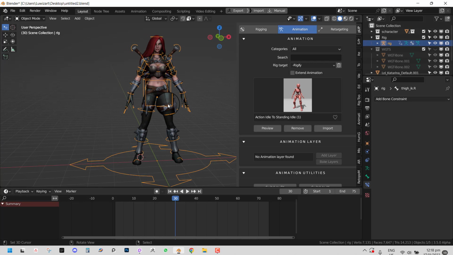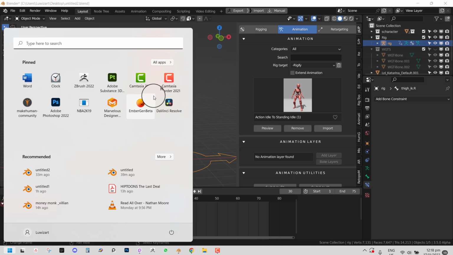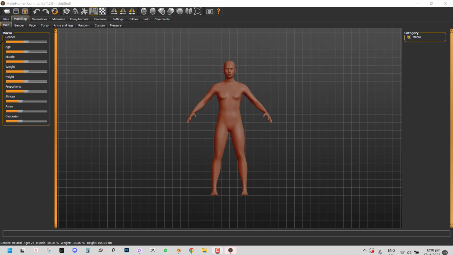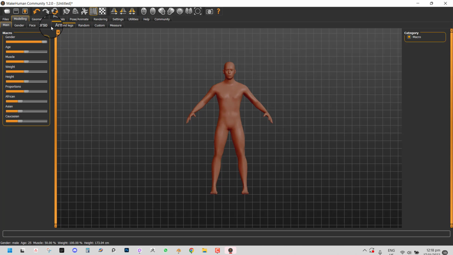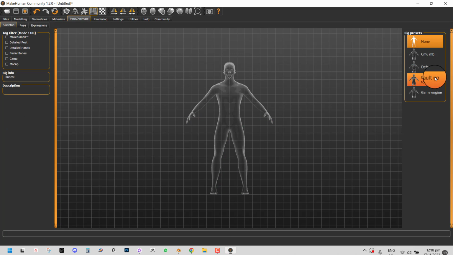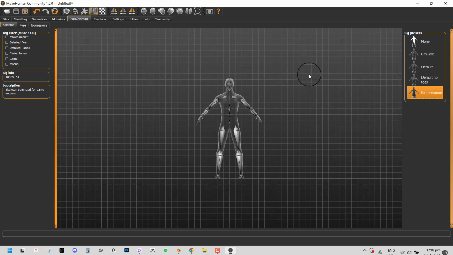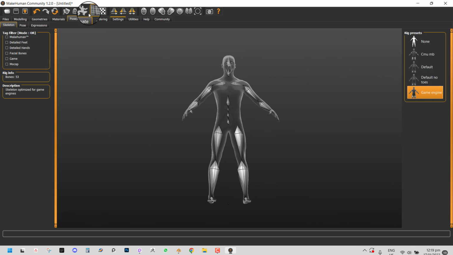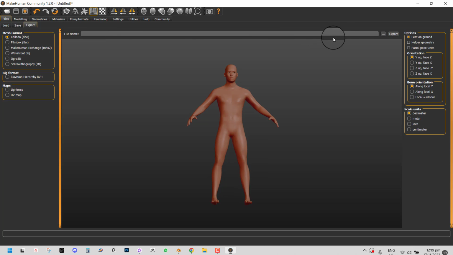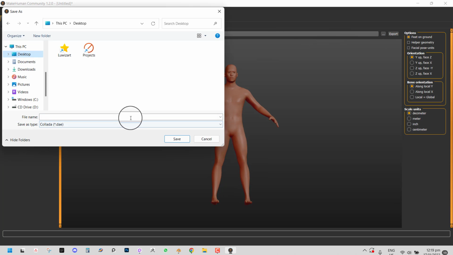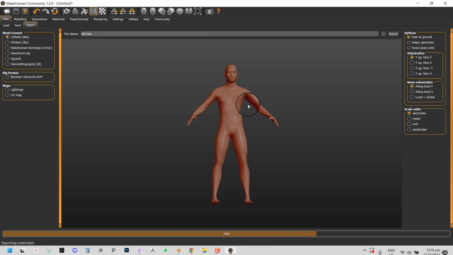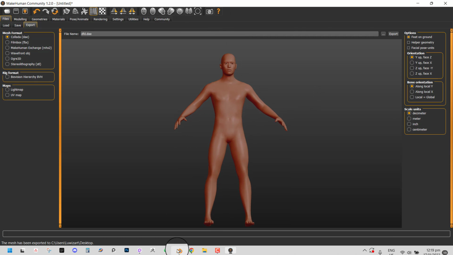So basically, to use it, you need a rig that can both switch between FK and IK, or just a basic FK rig works too. So an example of that is if we go to MakeHuman, and here let's say we create a character, we select this rig, which I've already set up, and we export this. Okay, and here in Blender,